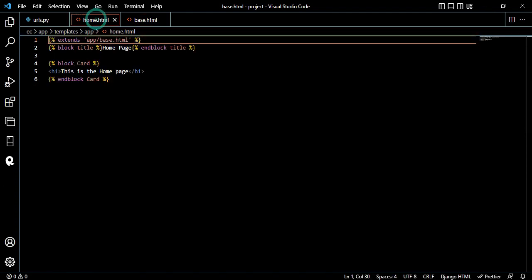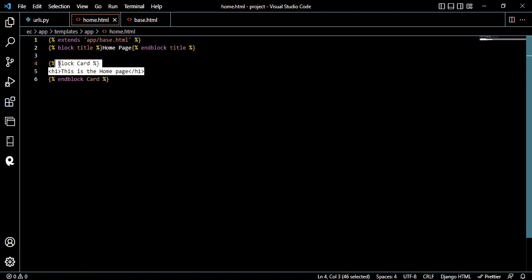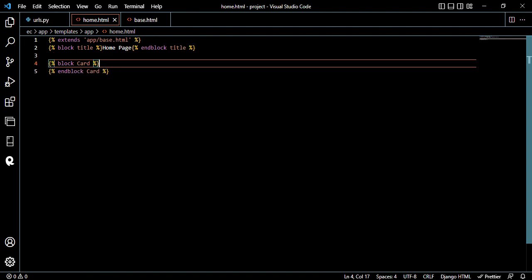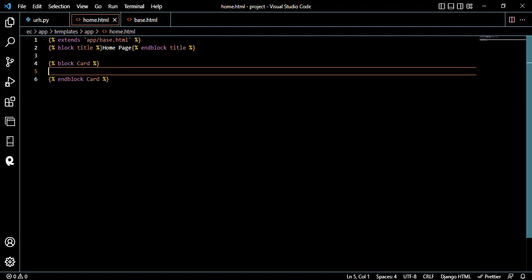We have got this home page right here. We can remove this one, we do not need this title right here because we have got this main title as home page. It will be shown at the top of the browser inside the internet. So go ahead and